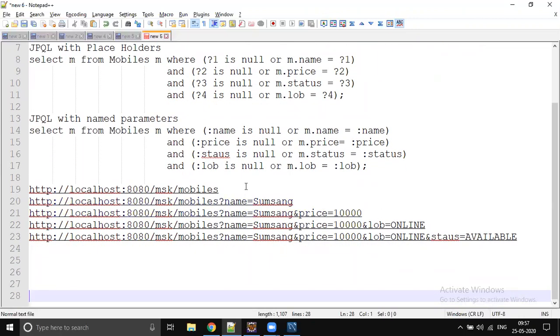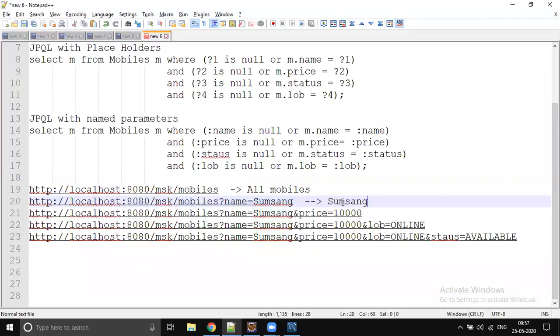So with the same method, if you send mobiles without any filters, you're going to get all mobiles back. If you apply name Samsung, I want Samsung, it's the same method, it's a query parameter. I told you, query parameters are supposed to be optional parameters. Placeholders are mandatory, whereas the path variable is a mandatory parameter, but query parameters may come or may not come. So we will use query parameters for optional parameters. So name, if you pass name, then we will give only mobiles matching that particular name.